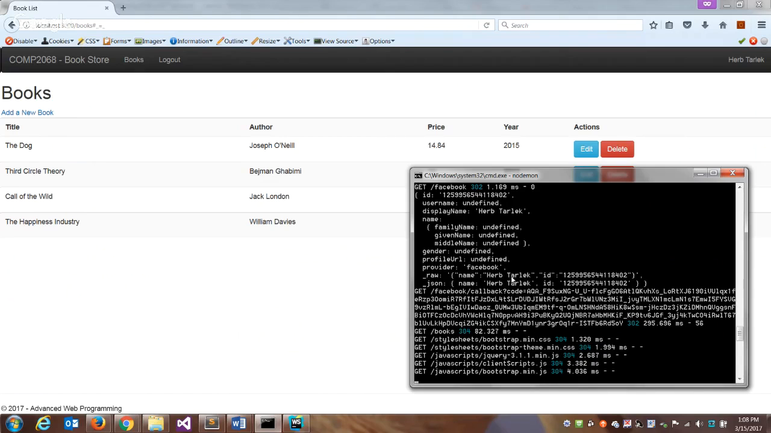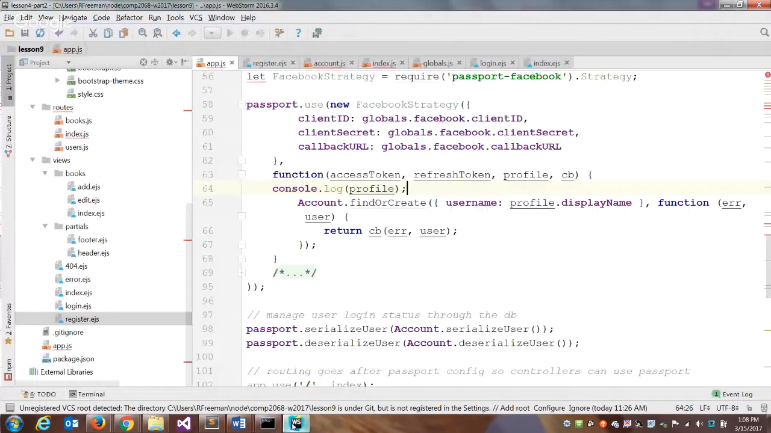Well, these are the only values we basically are getting. An ID. So we're going to have to use one of those. You can change the profile fields. You can get email and even gender when you create your Facebook strategy. Okay, so when we create the Facebook strategy,